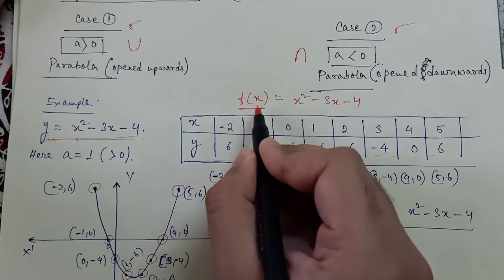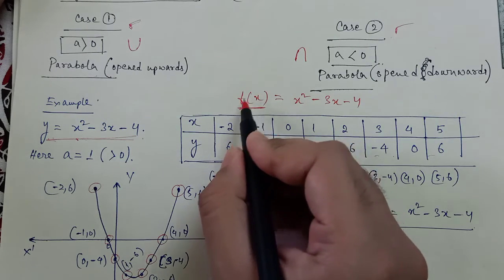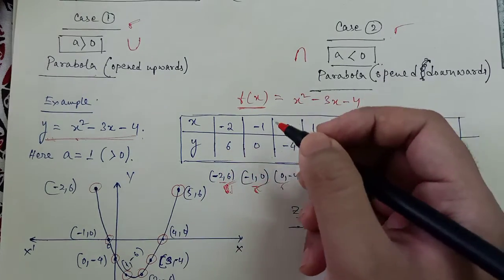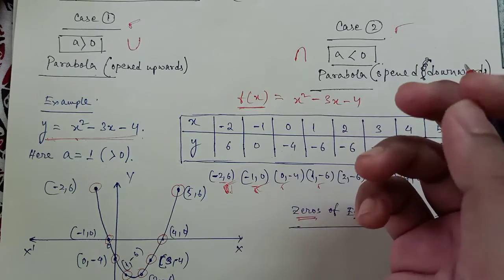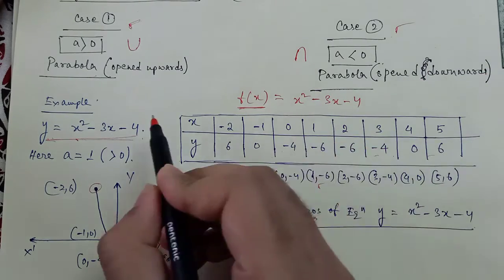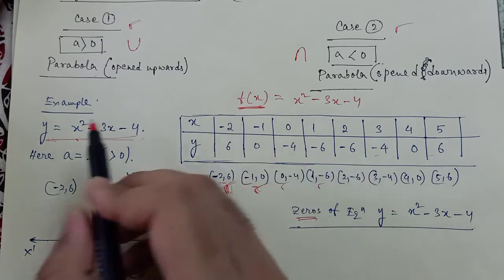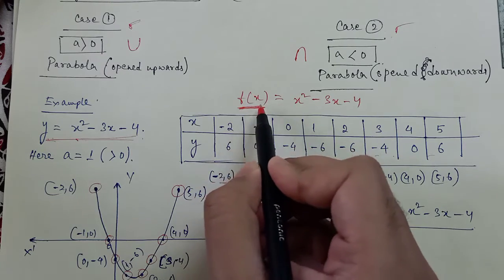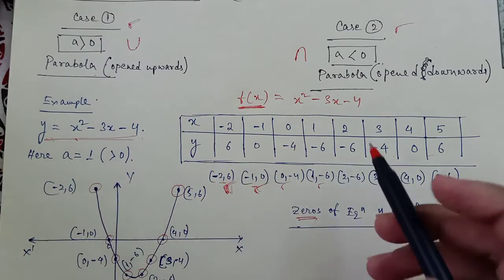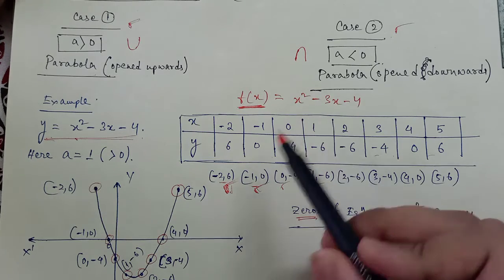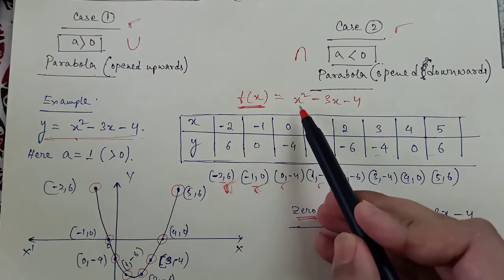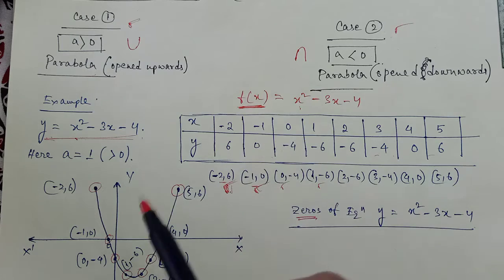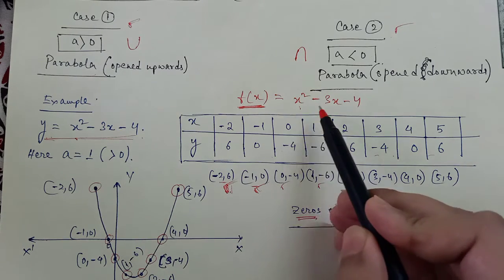So basically this f(x) or p(x) or h(x), whatever you write, is nothing but a function of x. You will be learning more about functions, relations, and sets in class 11. But as of now, just remember that we are writing y in terms of f(x). f(x) or p(x) or g(x) basically means this is a function of x, meaning x here will be an independent variable. For the value of x you will get a function of x, and that will be the value of y. So here x will be the independent one.